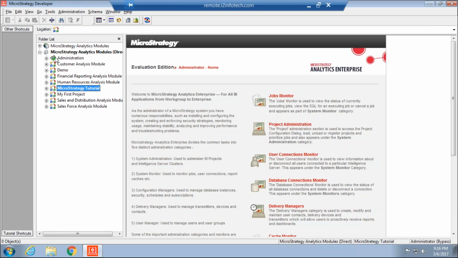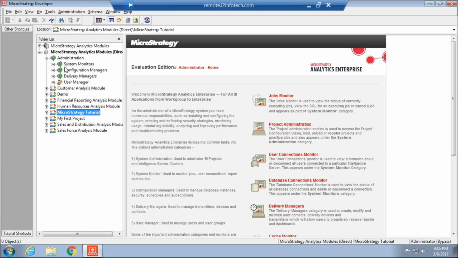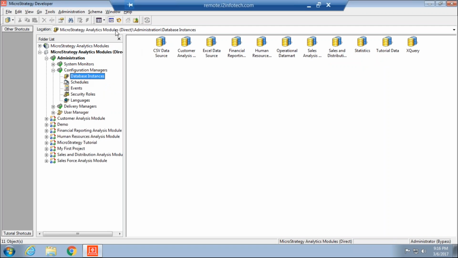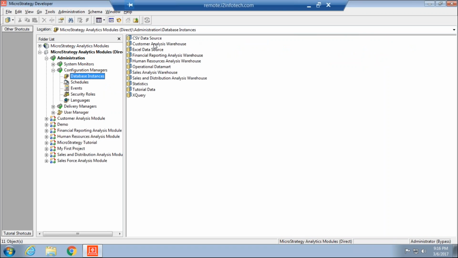Once you go to the administration option, and get to configuration manager, you see database instances. Once you look at it, there are many different database instances, CSV data source, Excel data source, and so on. What that means is, whenever we take any real-time project, they will not have one single database. They may have,